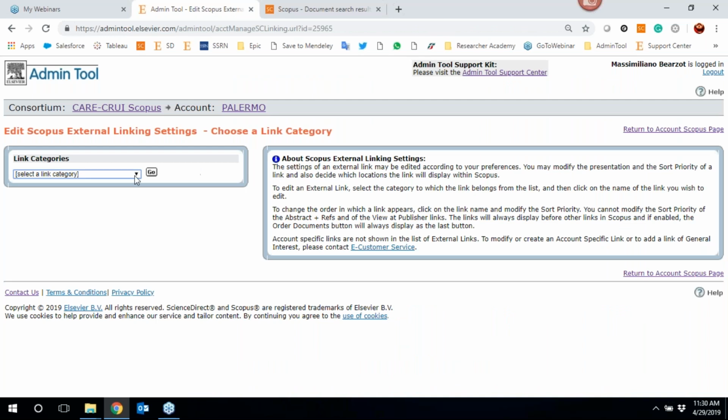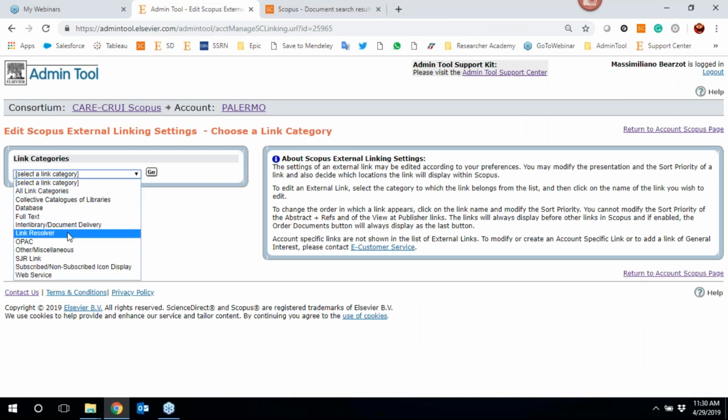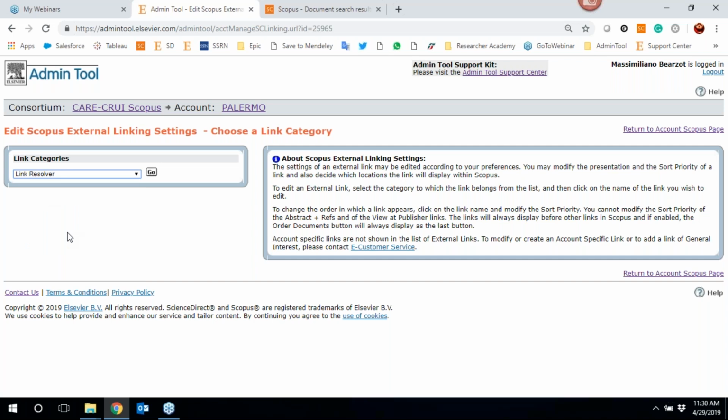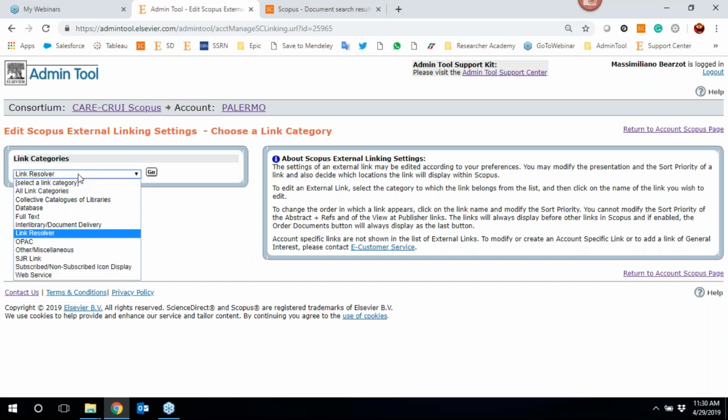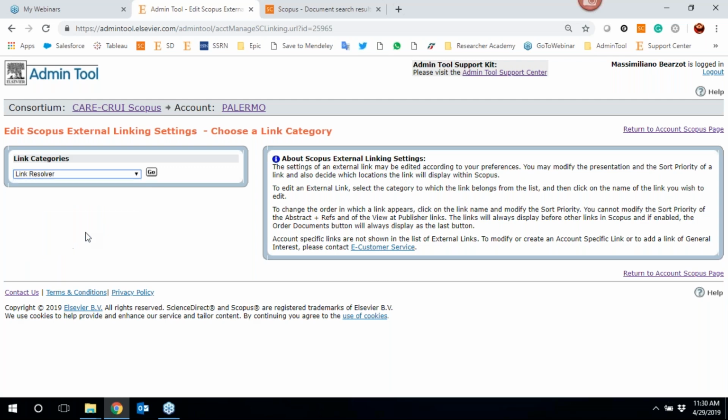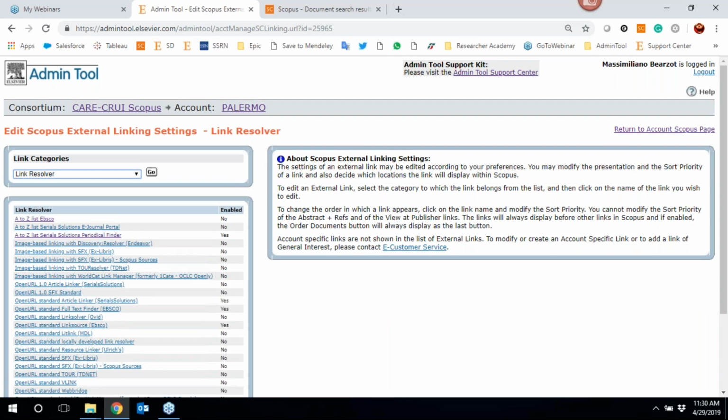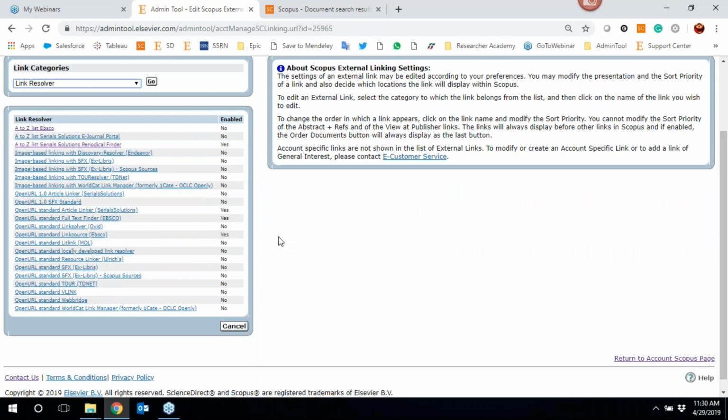So imagine we want to put a new link resolver in Scopus. So we choose the category of link resolver and then go. Here you can see all the different link resolvers available at the moment. Link resolvers are third-party solutions. So in this case, you can find the most used one and the ones who are already in touch with Scopus in order to have a pre-set up